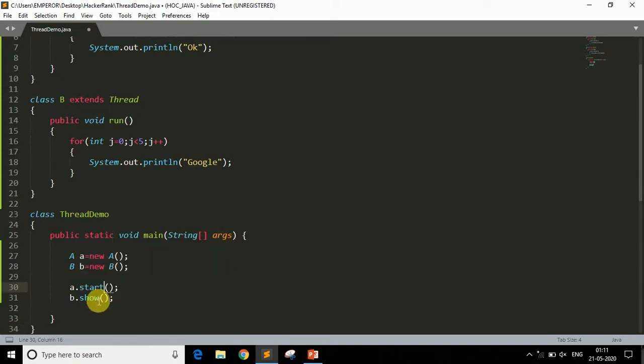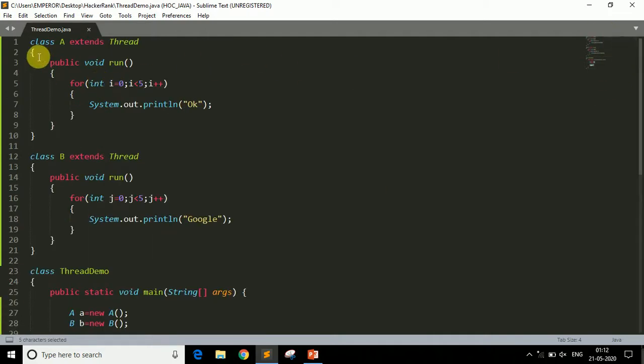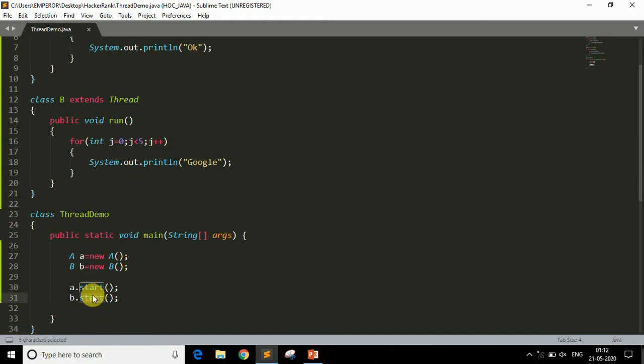I know it's a bit weird that we have written run here and we are using start here, but that's how the thread works. Whatever you write in the run method, if you want to execute that run method you have to call the start method. So this start method will call this run method, and this second start method of the b object will call the run method of the b class. Done. Now if I run the program,